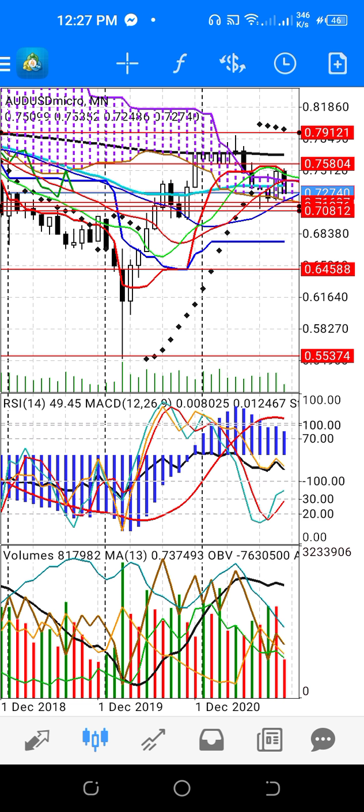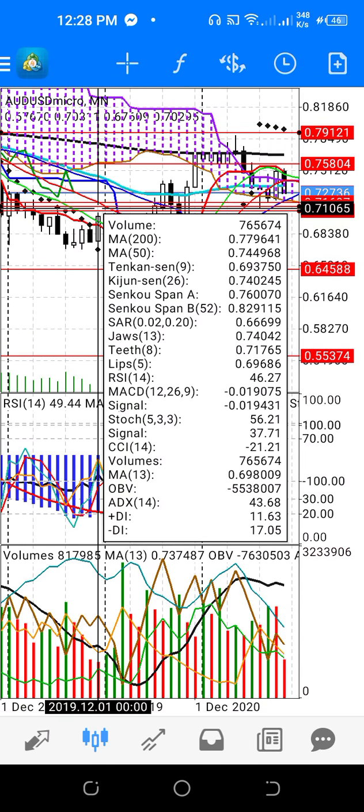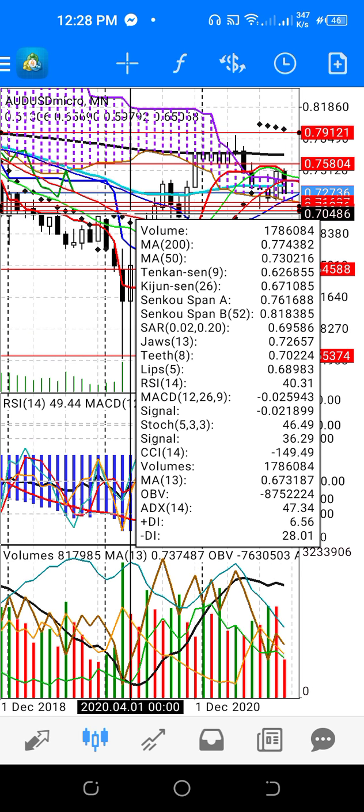These are some pivot points, where the price made a pivot at this level here at 0.70812 and then back to the strong level of supply. Then again the prices tend to move downward, and then if this level of support will be broken,